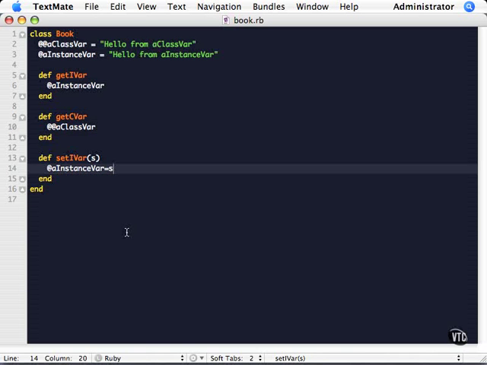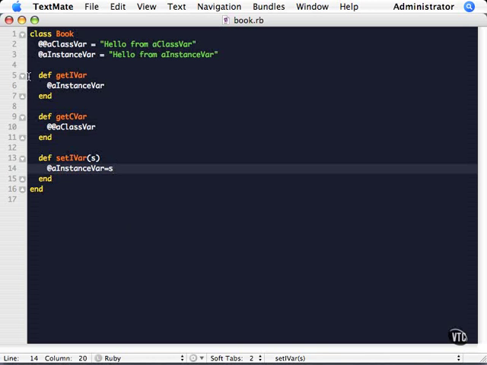In previous videos, we've looked at objects, classes, instance and class variables, and we've seen a few methods in those various demonstrations. So in this video, we're going to look a little bit more in depth at methods. So this is our little book class that we've been creating along here, and you'll notice there are 3 different methods